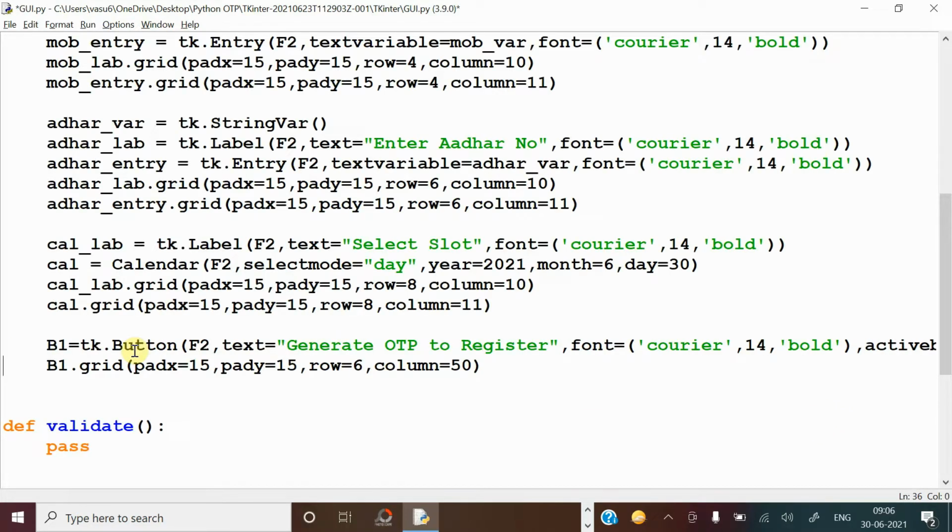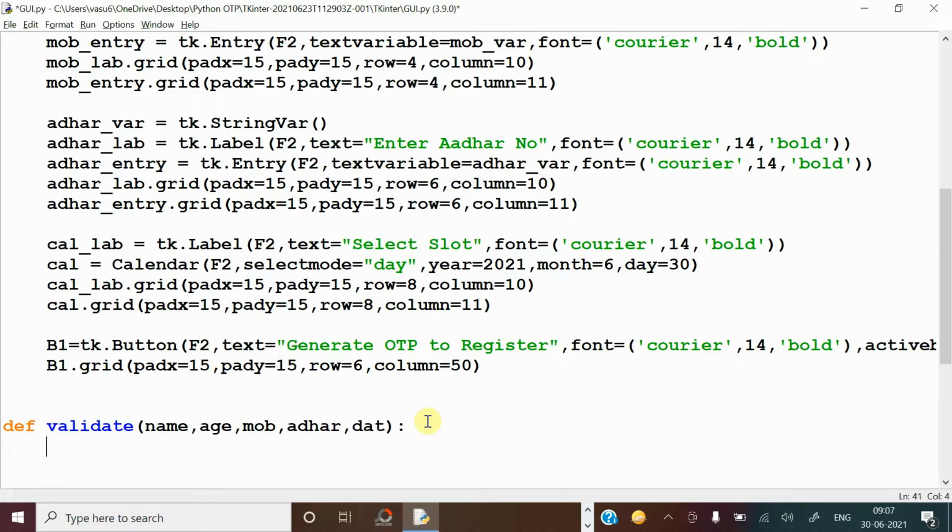Now after that, you are calling the validate function. Here also the same parameters. What are the parameters you have passed at the function call? All of them should be received at the function definition. So for this also you have to give the names: name, age, mobile, Aadhaar and date. So the values you passed at the function call are all received in these variables. Now we can proceed further.